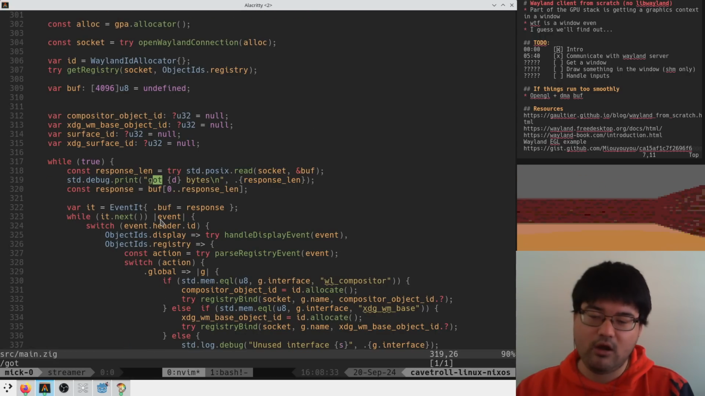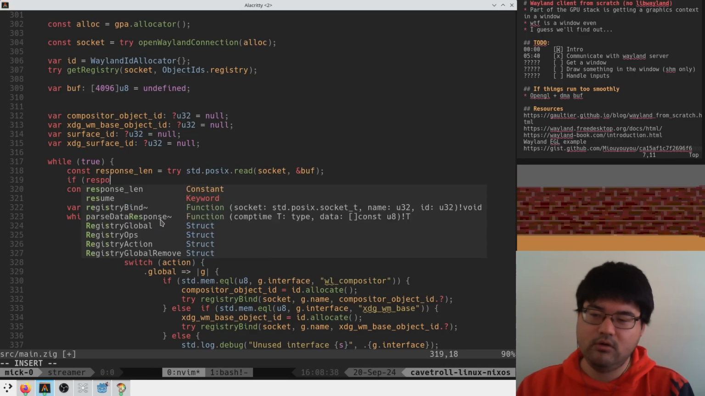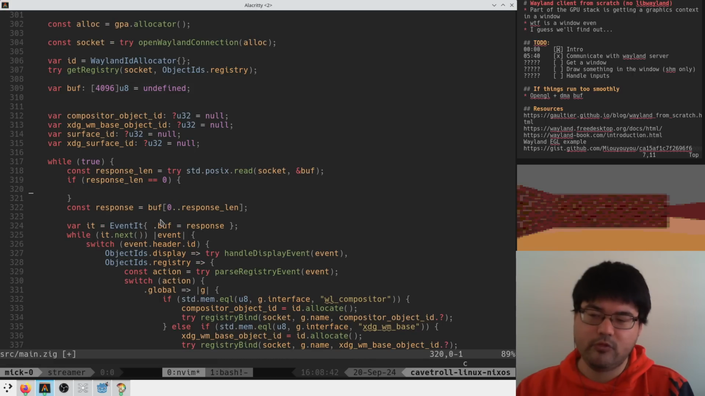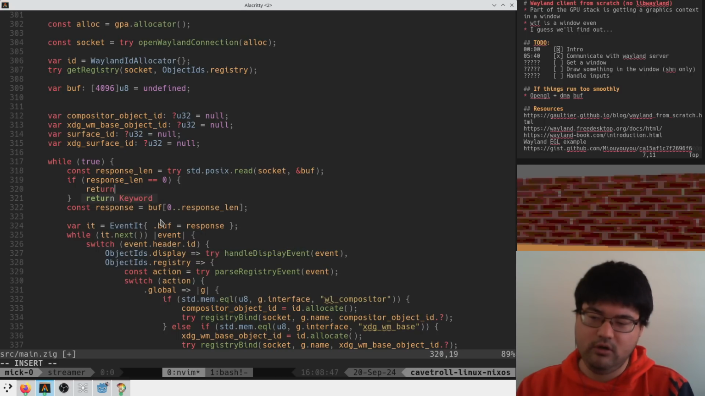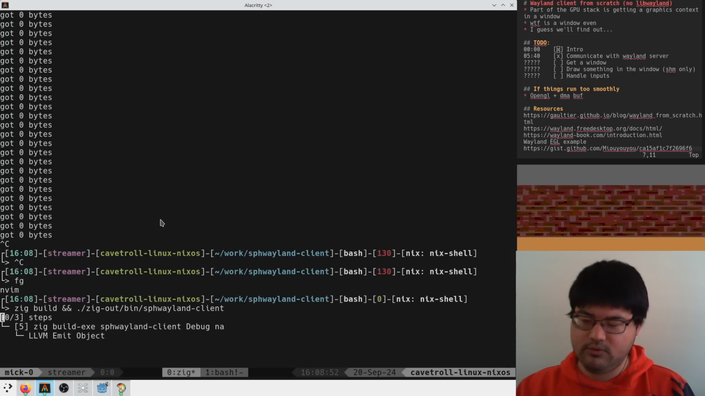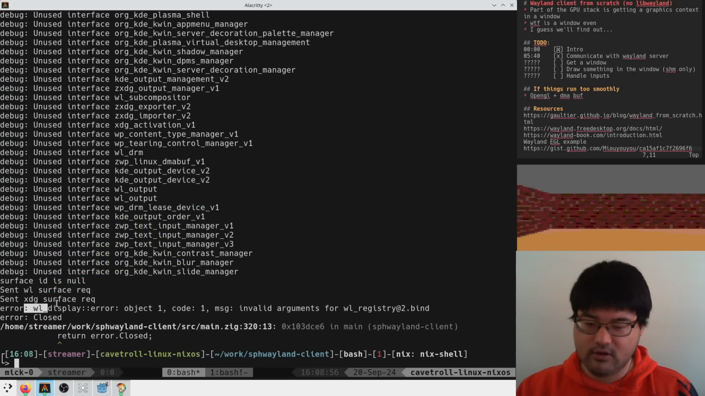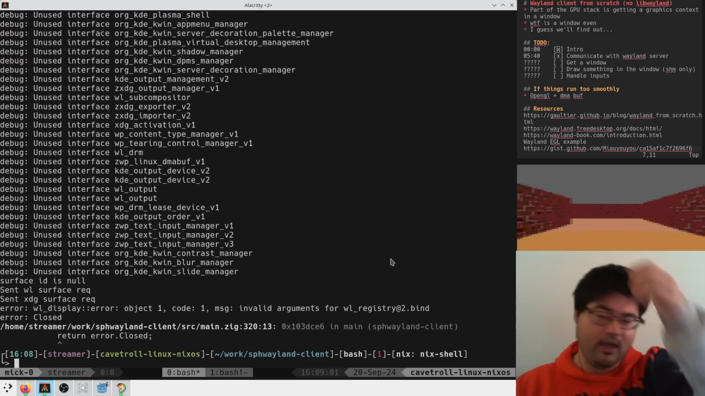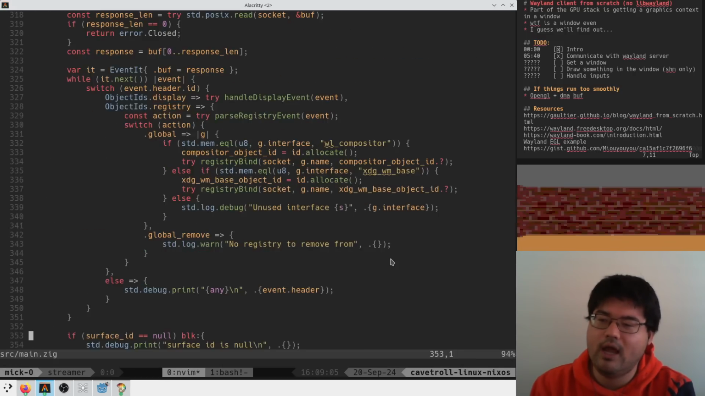So now if we have got 0 bytes, then that means the other side has closed. So we're going to say return error closed. Okay, and we'll see now what happens here. So sent this, got that, got invalid arguments for WL registry bind. Nice. Okay. So now